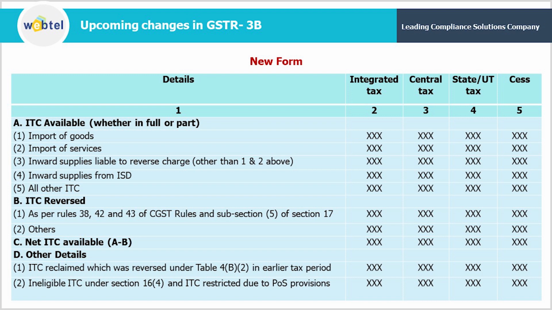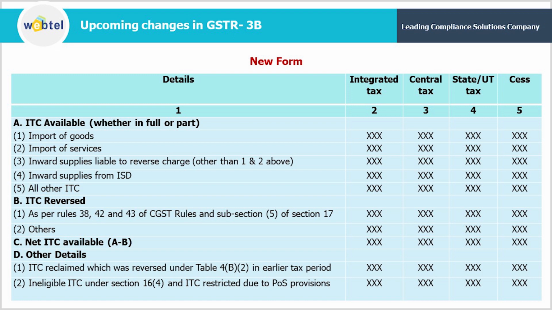I think you must be knowing that these kinds of details we also get in our GSTR 2B. Now reversal of ineligible credit under section 17(5) or any other provisions of the CGST Act and rules made thereunder is required to be made under table 4B. So it is very important that we report these details in table 4B and not under table 4D of form GSTR 3B. These are the major changes which we have to keep in mind while filing our return.